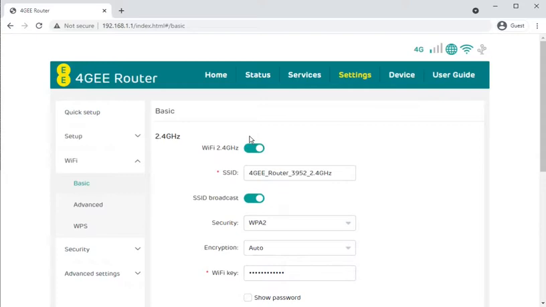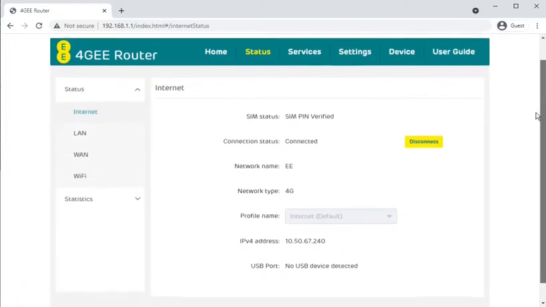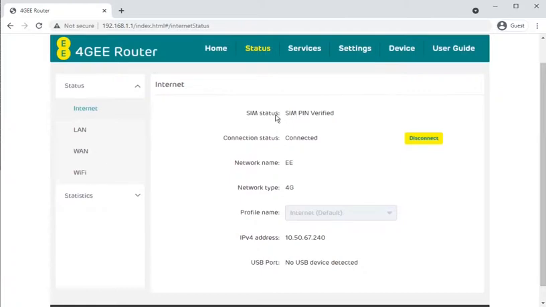Because this is going to be about every single settings page, I'm going to go through this kind of linearly, so I'm going to skip backwards to the status screen. Clicking home takes you back to that home screen, and then when you click on the link again, it asks you for the password. So basically clicking home, in fact it says on the little tooltip there, actually logs you out. So I'm going to click on status,